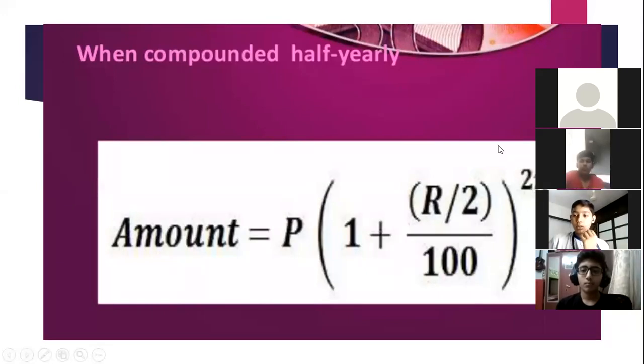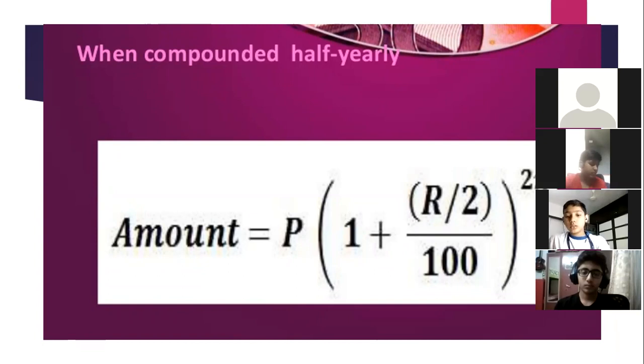If I have taken a loan for 1 year and my interest is compounded half yearly, that means the bank is calculating the interest every 6 months. So if I have taken a loan for 1 year, my interest is getting calculated 2 times. And if I have taken it for 3 years, it is getting calculated 6 times. Understood? So we have to multiply the time by 2. That is why we double up the time. Understood? Yes, ma'am.